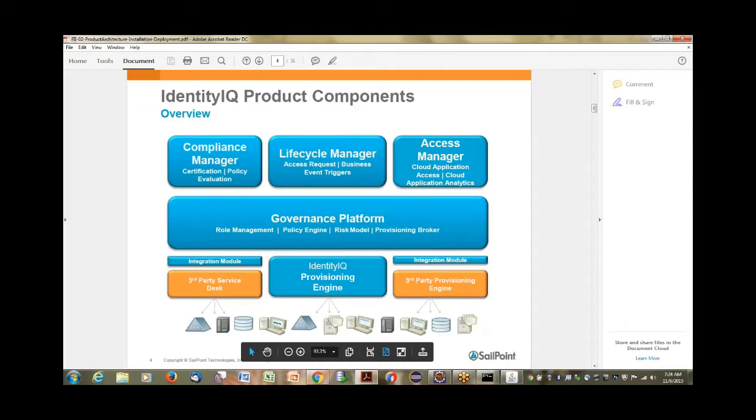Okay, so what is the architecture of your INT-IQ? The architecture of INT-IQ is this. This diagram is very, very important, and if you understand this, you are your understanding of